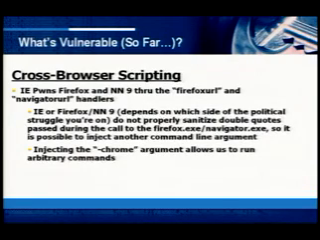So IE or Firefox and Netscape Navigator 9, depending on which side of the political debate you're on, they're having difficulty sanitizing double quotes that are passed in the URIs. So what happens here is during the call to Firefox.exe or Navigator.exe, respectively, depending on which URL you used, it's possible to use a double quote to close out of the current command line argument you're in and insert another command line argument. In this case, we're going to inject the Chrome argument, which allows us to use some fancy